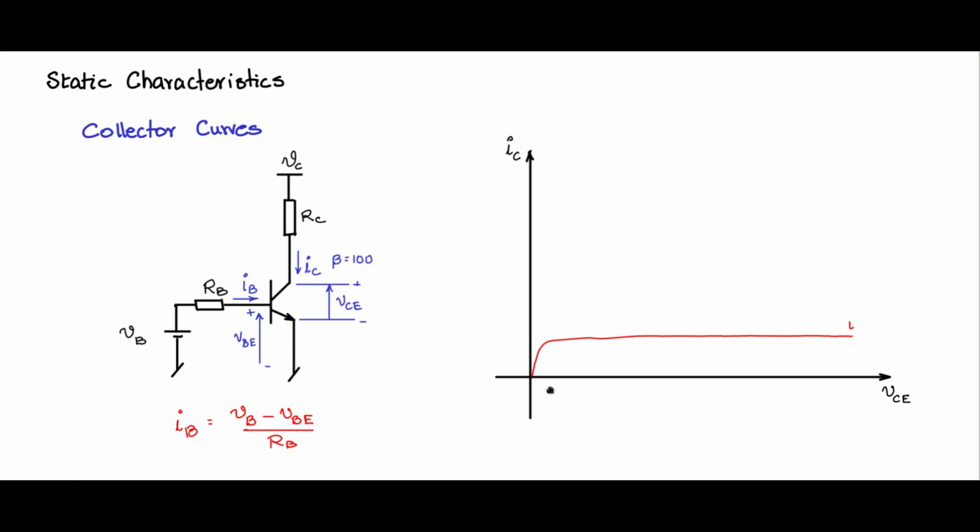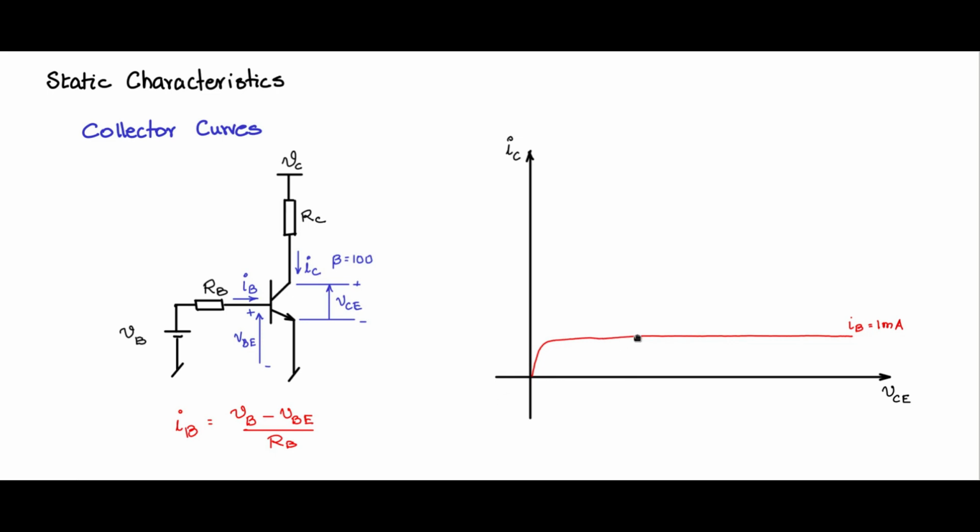So let us say that some IB value of 1 milliamp. I am going to decide the value of VB and RB. VBE is basically for silicon 0.6 or 0.7 volts, and VB value I can vary it, set it to some value, fix the value of RB, then vary VB till I get IB equal to 1 milliamp. So the moment I have this kind of injection, you will see this kind of a characteristic coming.